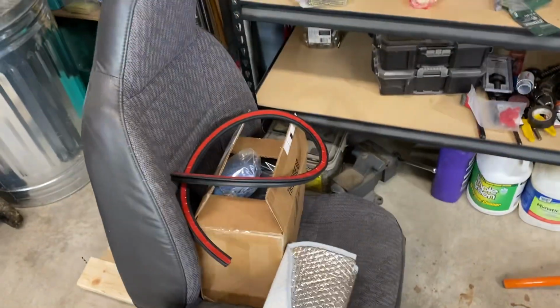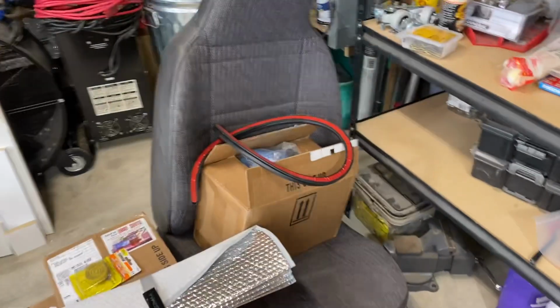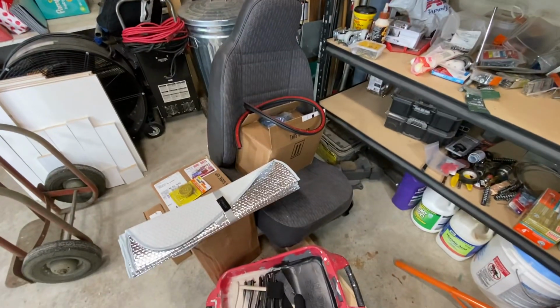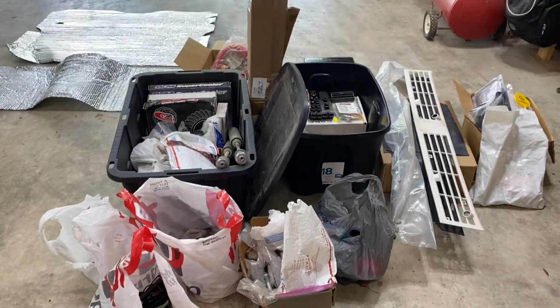Sunshade that fits the windshield exactly. If you really want these Jeep seats, you can have them. I do have them posted on some other sites, but not getting any hits. They're a little dusty right now because we do a lot of woodworking in here, but I'll either give them to my friend, sell them, or you can take them. Just let me know. And I think that pretty much covers everything besides,